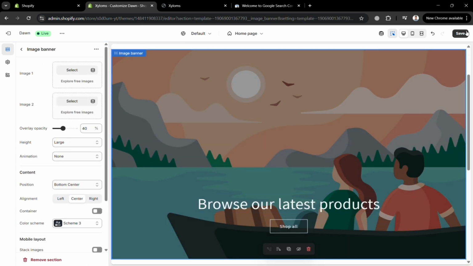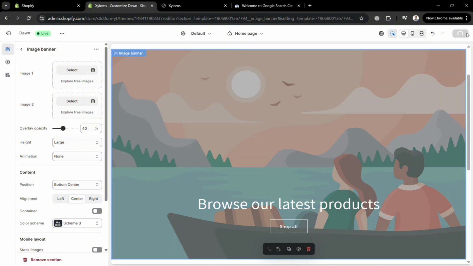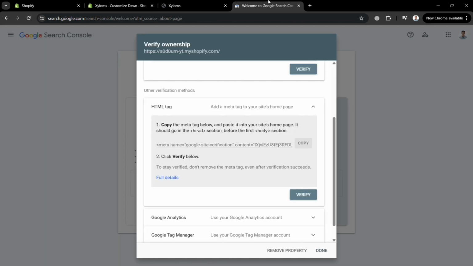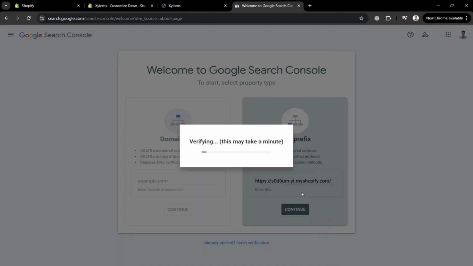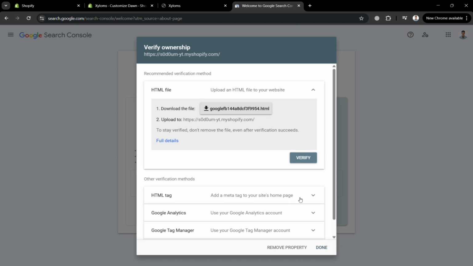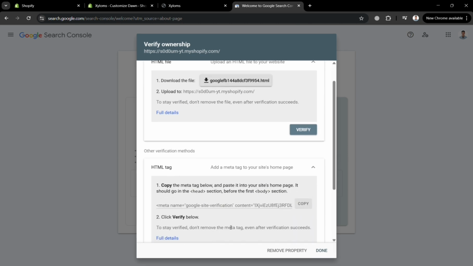After that, just click the save button on the top right corner, and it will undergo a process of verifying. After that, just go back to our page in Google Search Console and click verify, once we have successfully copied and pasted the code to our Shopify store. However, at this point, it is currently not finding any verification meta tag in our store. So you can start refreshing it until you see this kind of page